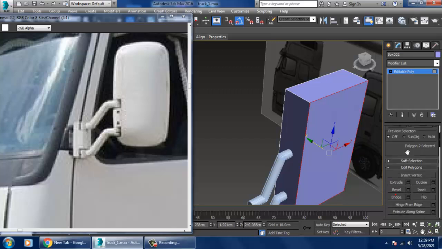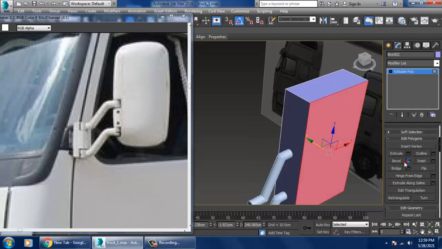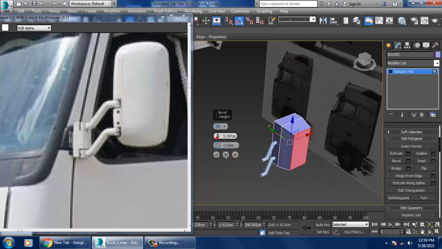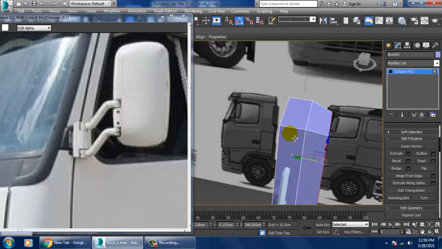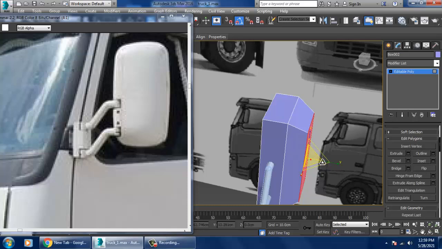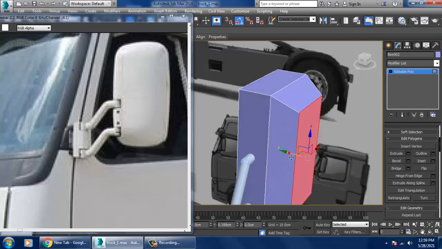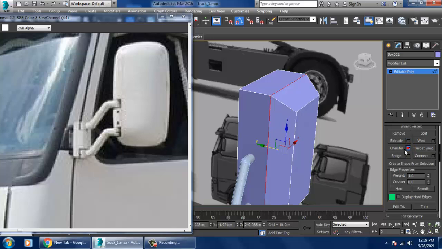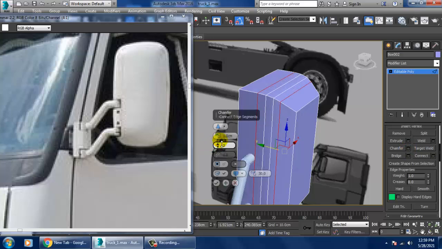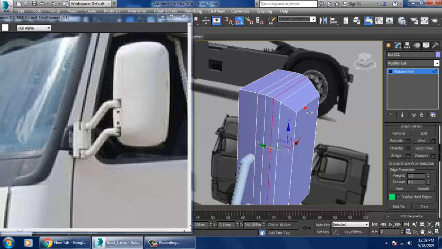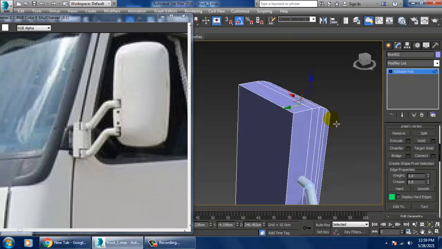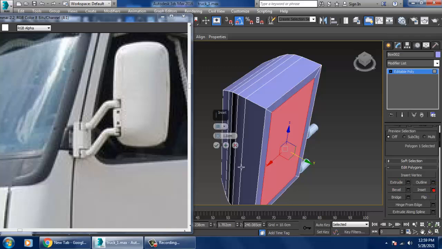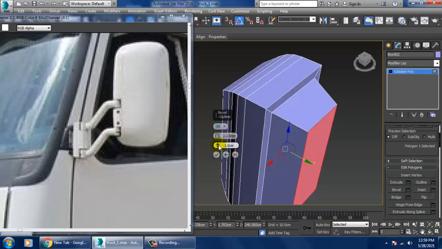Select the polygons and give a bit of bevel, then slightly reduce that part and scale it. Select these edges and give a bit of chamfer, slightly. Then select these polygons, give a bit of insert, and slightly bevel this.